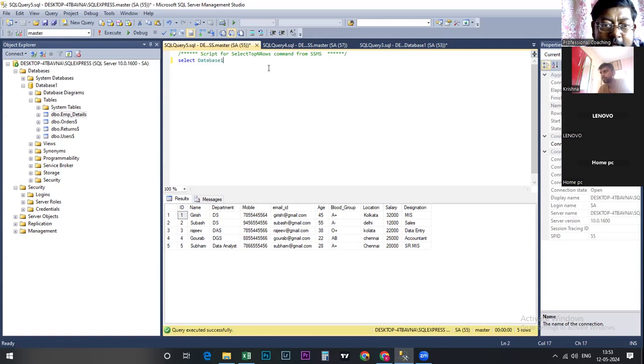Table name. No, not dot Krishna, DBO. Wait. First, we need to select the database. So, use database one. Execute it. Now, wait, don't execute yet. On the left-hand side, you can see master. Can you see master in that white space? It's a drop down. On the left-hand side, at the top,